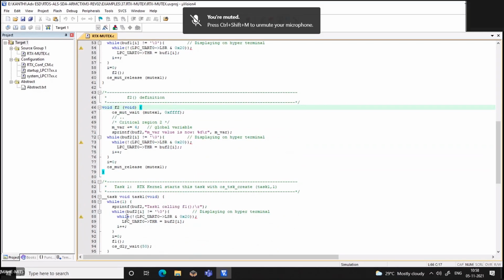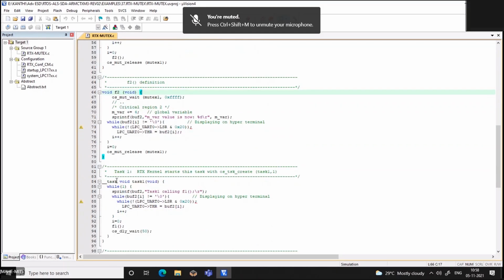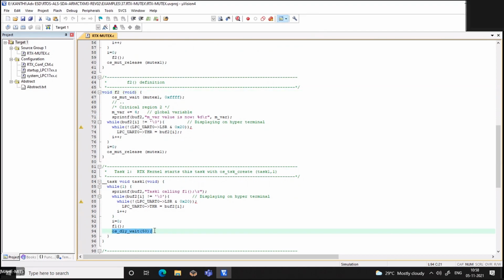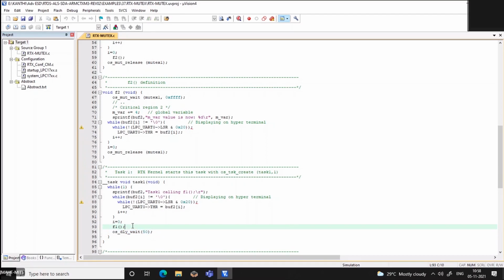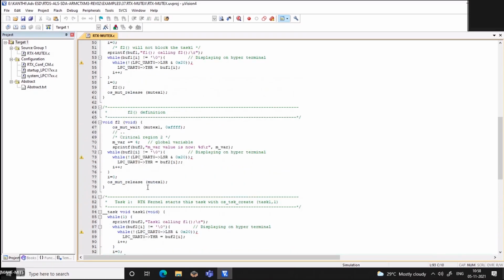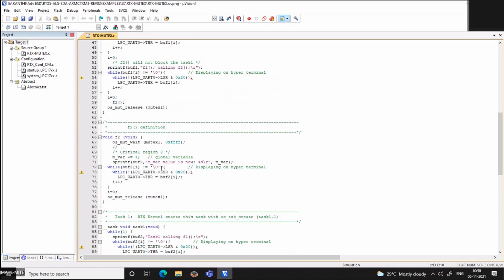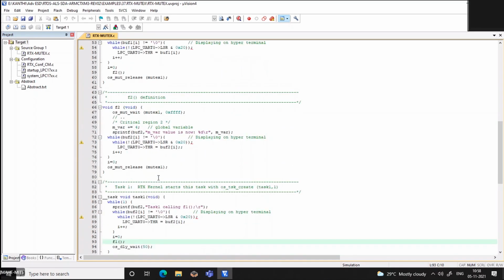Assuming there is a delay wait function given, it will go to blocked. I got the point, but the global variable is handled.